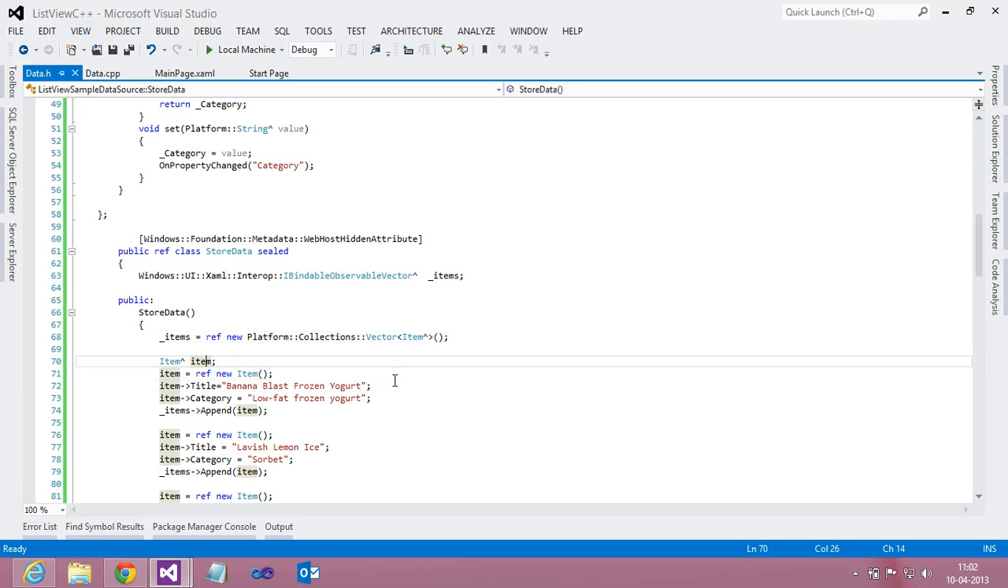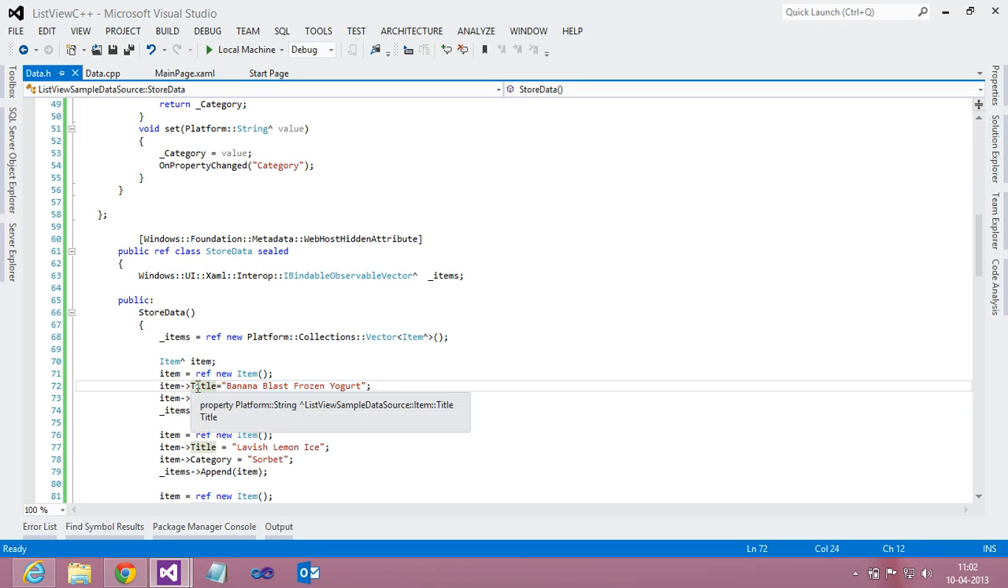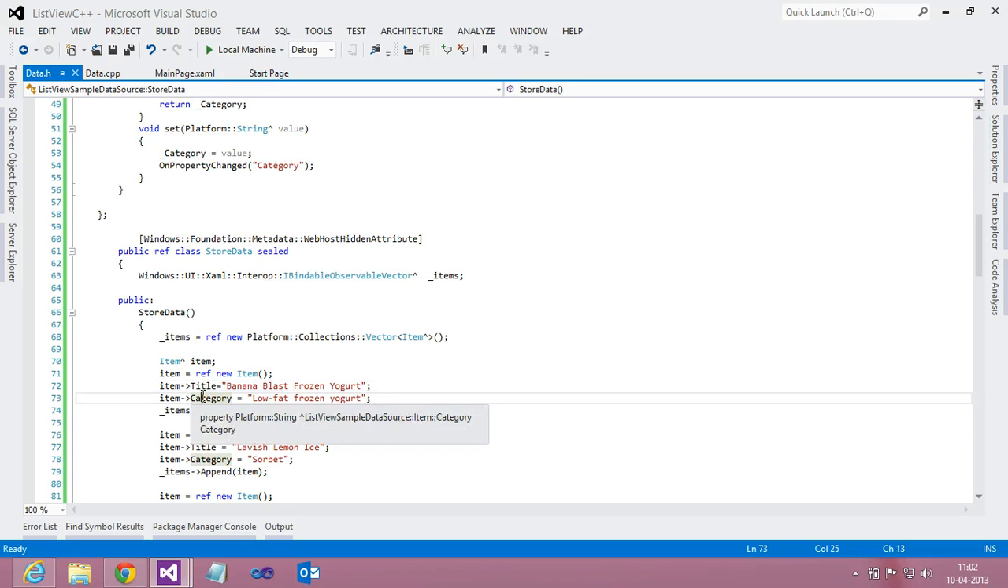So we are creating an item object, and for every item object we are creating a new reference of a new Item. An item dereference, I mean item dot, like we have in C sharp, we are assigning the value here. Item category, we are assigning the value, and